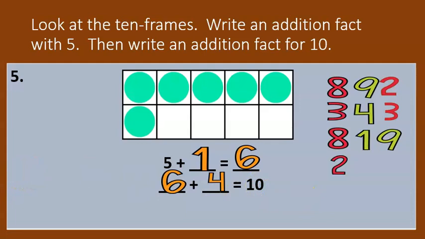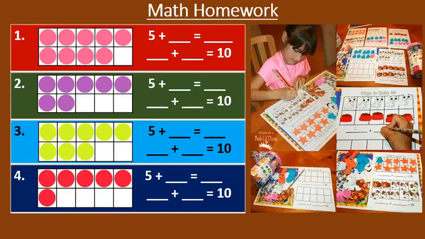Now, boys and girls, get a paper and pencil. Once you get your paper and pencil, I want you to copy down number 1, 2, 3, and 4. I want you to copy down your 10 frames, and I want you to do your math problems here. Copy this 10 frames and do your math problems here. Copy this frame and do your math problem here, and then copy your last 10 frames here and do your